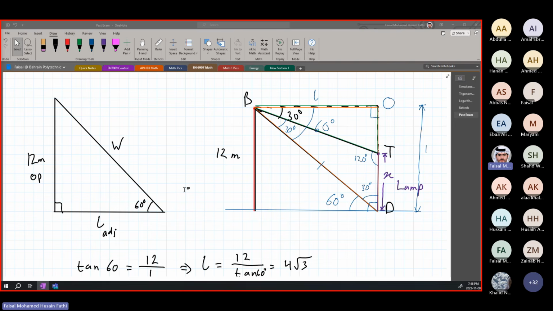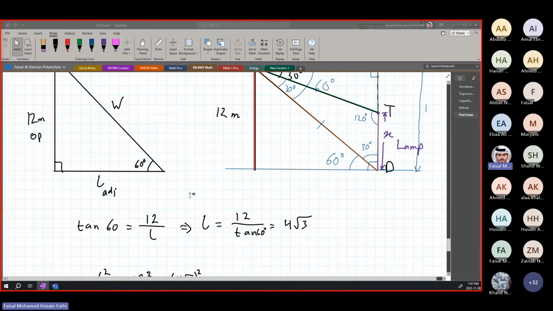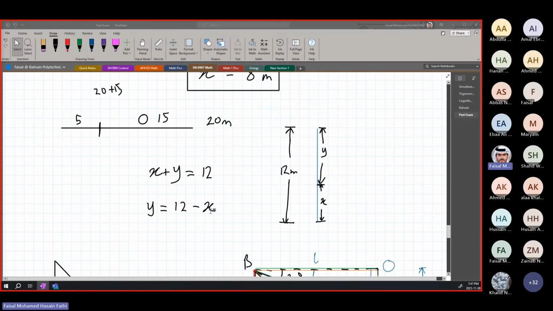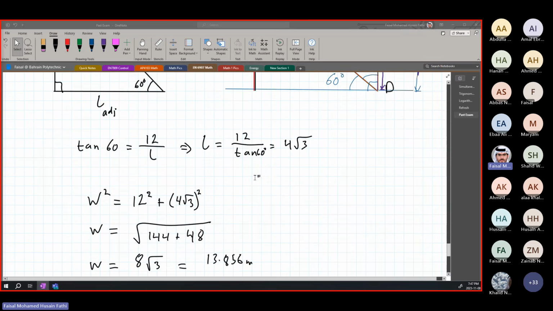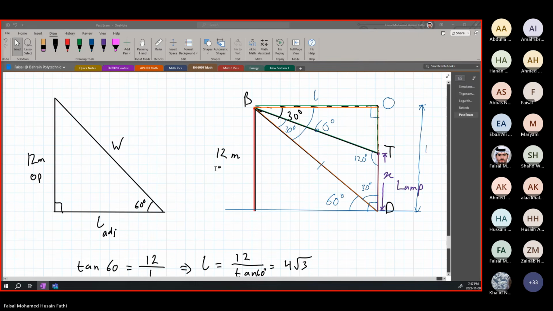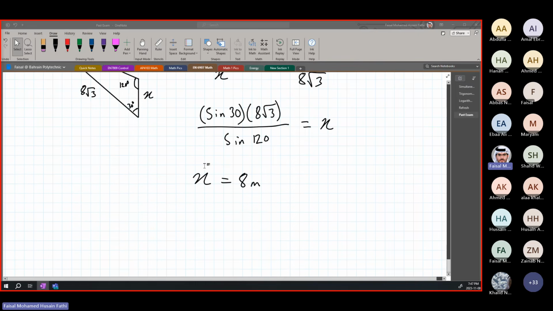It should be minus if we have the hypotenuse as the side. We don't have the hypotenuse here; we have L, which is a side, and 12 meters, which is another side. The hypotenuse is W. The hypotenuse squared is equal to this squared plus this squared. Like I said, there are many ways you can find it, like the sine, and I'm just showing you the method that I used. Obviously if you find an easier method, use it as long as it's following the trigonometry laws and you understand your work. Okay? Alright, let's move on to the next question.